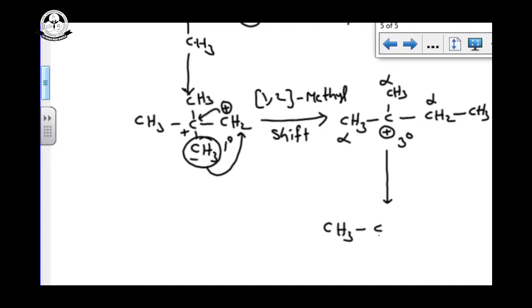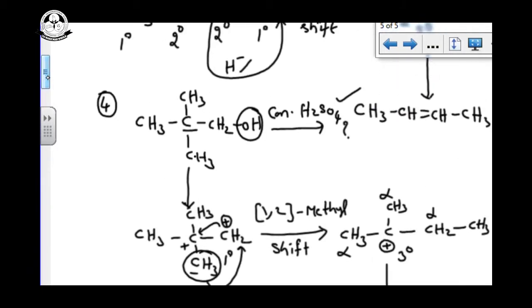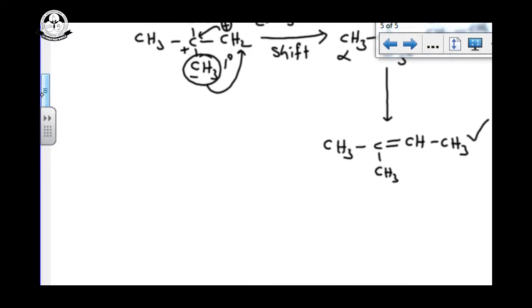So hydrogen we can remove from the alpha carbon containing fewer hydrogens. So this is the correct answer. Generally what you are feeling is that there is no reaction. While you are seeing this one here, OH I remove from here, and from the next carbon I want to remove hydrogen, but here there is no hydrogen. So you feel there is no reaction. But that is wrong. The answer is because of the methyl shift. So the shifting reactions we have to observe carefully.